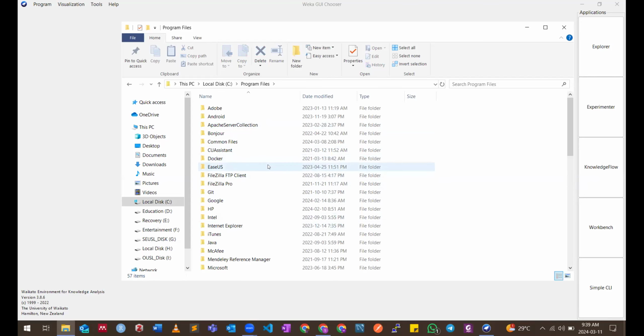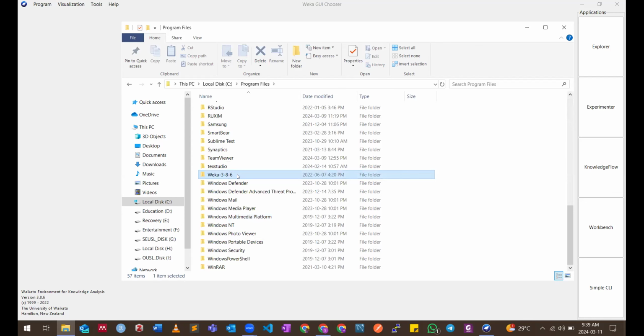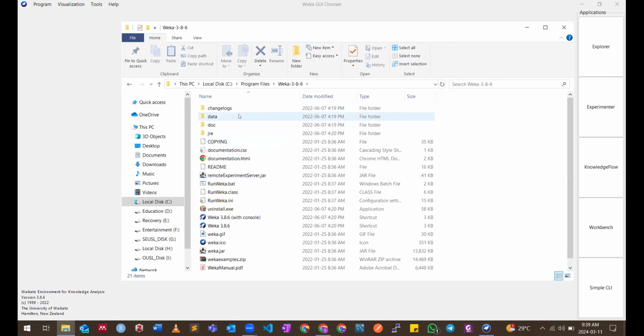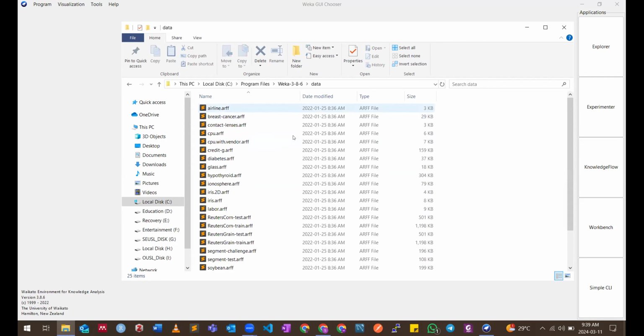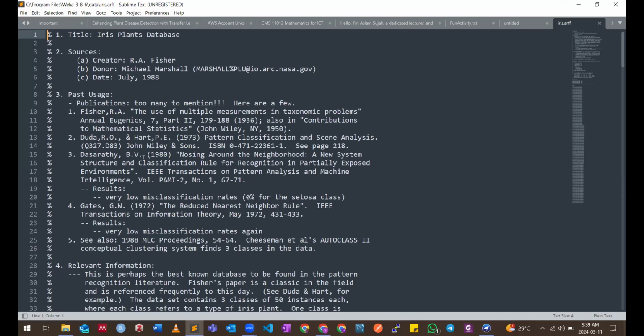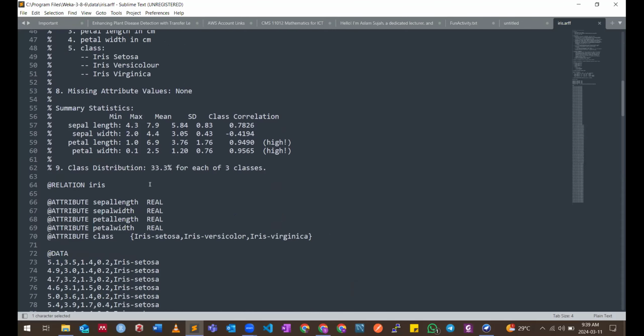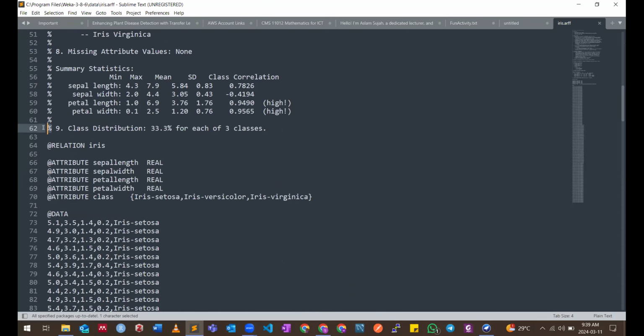Once you install it, just go to your C drive, Program Files. There is something called the Weka folder. Within that, you have something called data. If you look here, these are some example formats. Let's say I'm using this one. Once you open it, a percentage sign indicates comments in the ARFF file. If you write something starting with